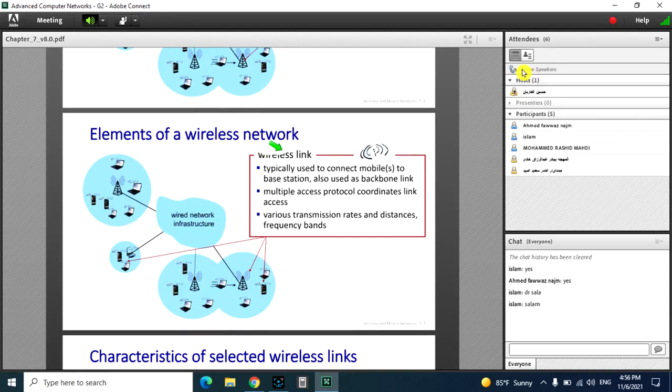And the last element was the wireless link. We use wireless links to connect hosts, wireless hosts, to a base station. Then, as I said, sometimes I'm using wireless backbones to connect a base station to other networks in the internet. Okay,